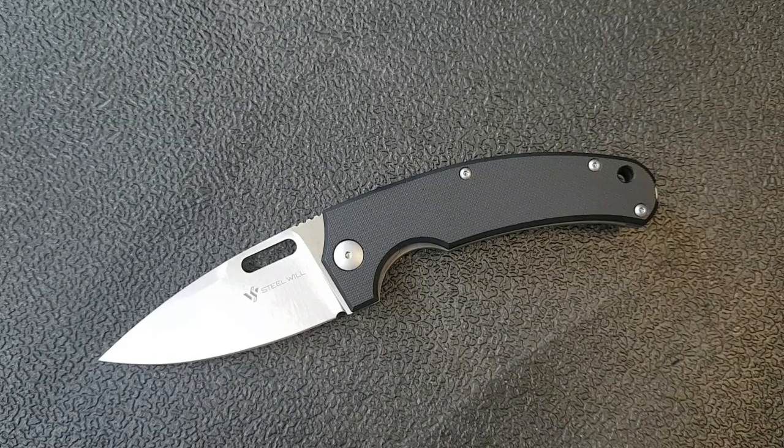Now, I've got to tell you guys, the thing that stood out to me about this knife right away is just the overall look here. I just love these simple, minimalist designs. And the Italian designer who's responsible for this is Tommaso Rumici. And I'm probably completely messing that up. Hopefully it's one of those, you say tomato, I say tomahto situations. I love the fact that Steel Will